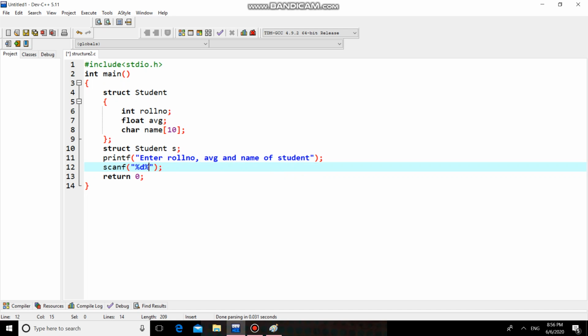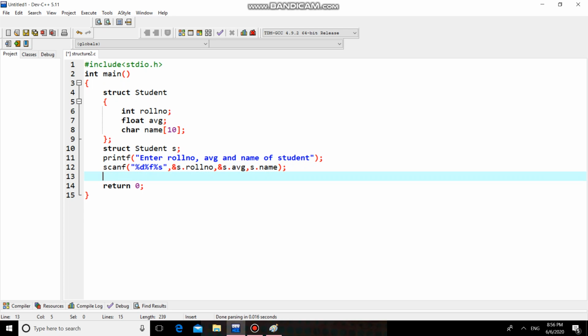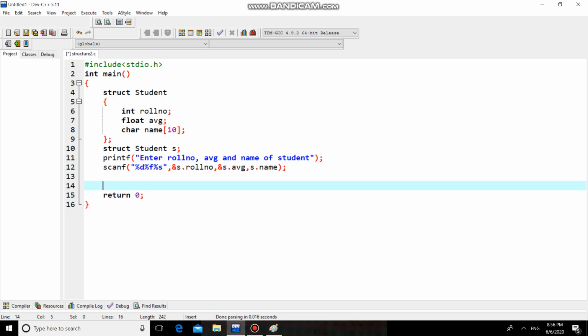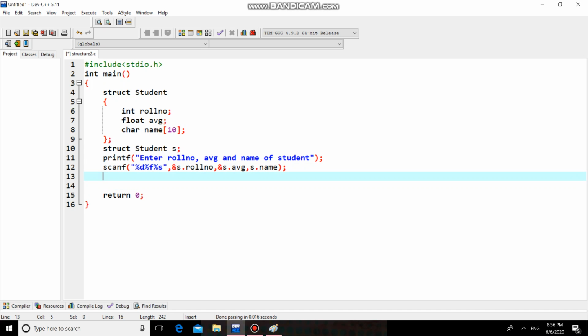So %d, then %f, %s, depending upon the type of the structure members. Then & and structure variable name s dot member name, comma, s dot avg, comma, s dot name. So this will read these three values from the user: roll number, average, and name of student.